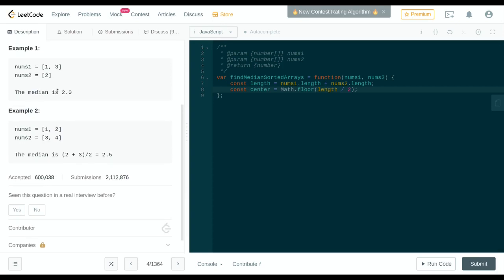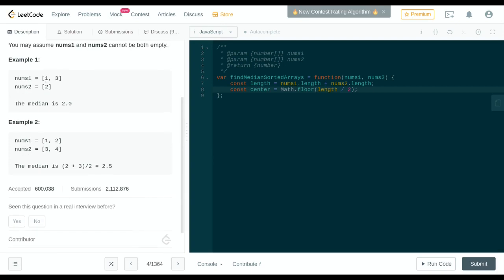So math.floor doesn't work for this one because it evenly divides. 4 divided by 2 is 2, but we want to bail out 1 earlier, so we'd have to subtract 1. But if we did that here, we would end up with the wrong answer. So we need to subtract 1 for even length arrays and not subtract 1 for odd length arrays. So to do that, we'll say like,